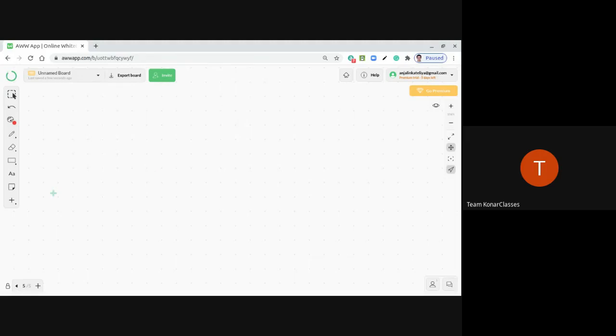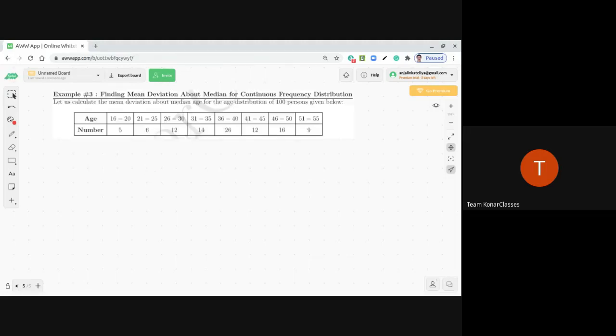So this is the right example in context to the discussion we are having now, finding the mean deviation about the median for the continuous frequency distribution. Let us calculate the mean deviation about the median age for the age distribution of 100 persons given in the table. Age 16 to 20, it is 5 persons; 21 to 25, 6; 26 to 30, 12; 31 to 35, 14; 36 to 40, 26; 41 to 45, 12; 46 to 50, 16; 51 to 55,